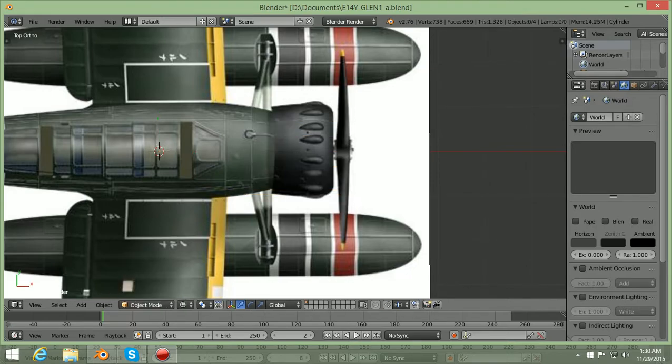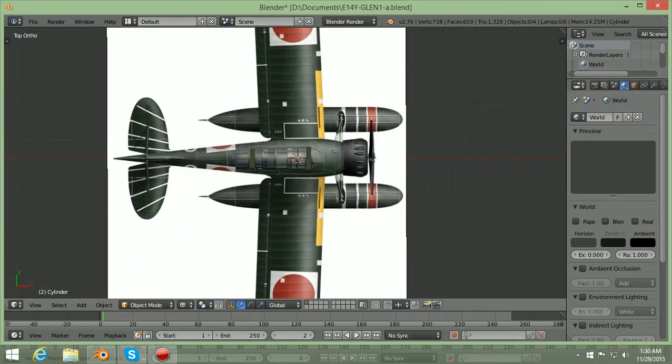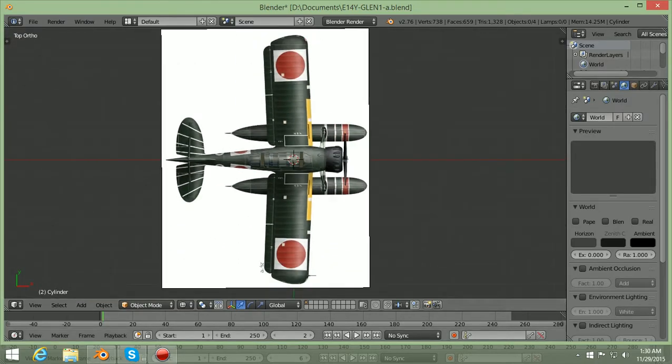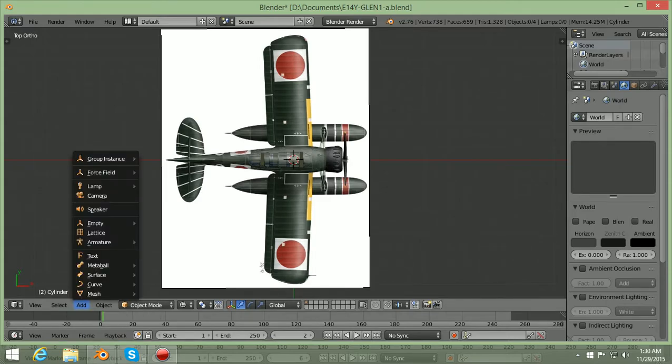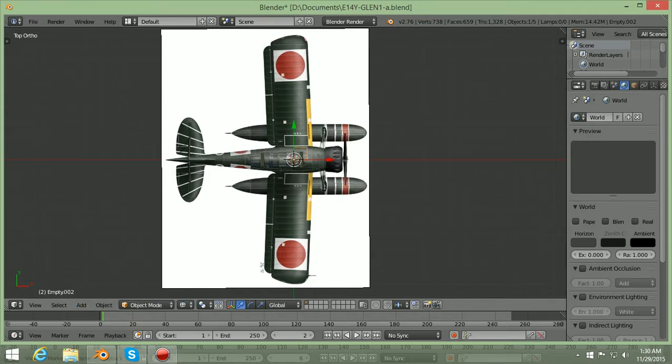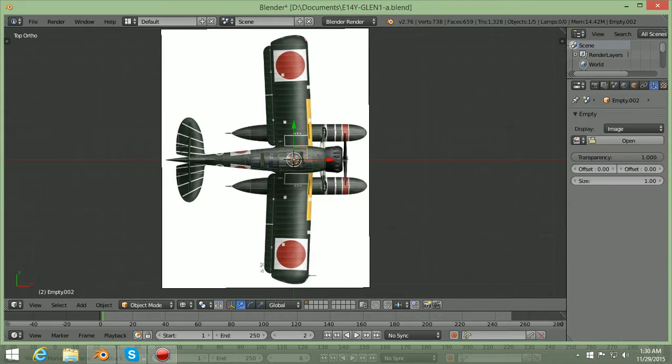I'm going to push A, which is going to make that disappear. If I actually push Z, it'll show back up, but if I push Z, this will disappear. Now, what I'm going to do, and I'll post this picture, we're going to add, this time, again, an empty, and we're going to go to image, click on image, and come over here, click on this, and click open,